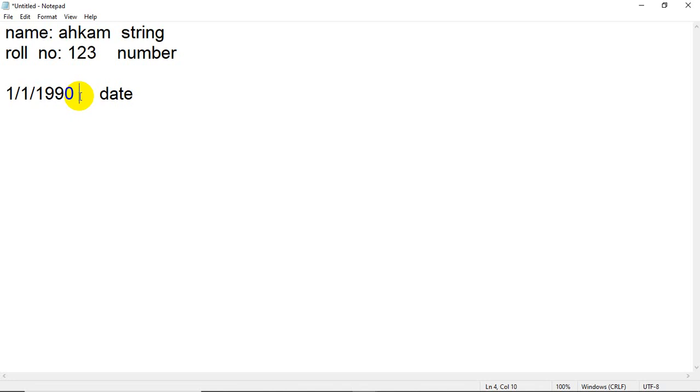But the data or information can be of different types. Like a collection of characters is called a string. In the same way, a number is sometimes called a number, so this data belongs to the number data type.